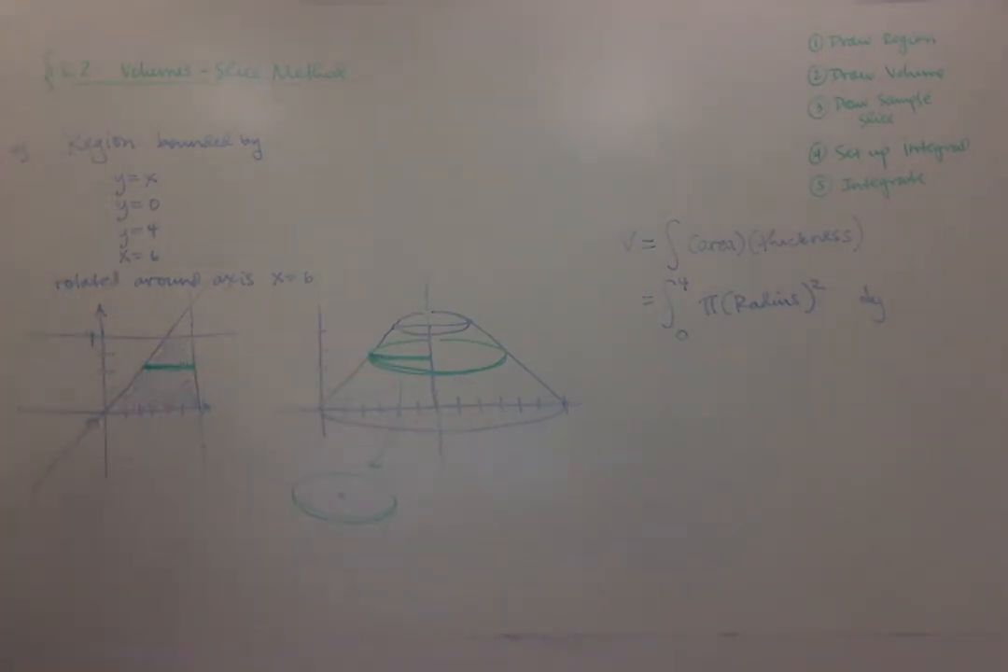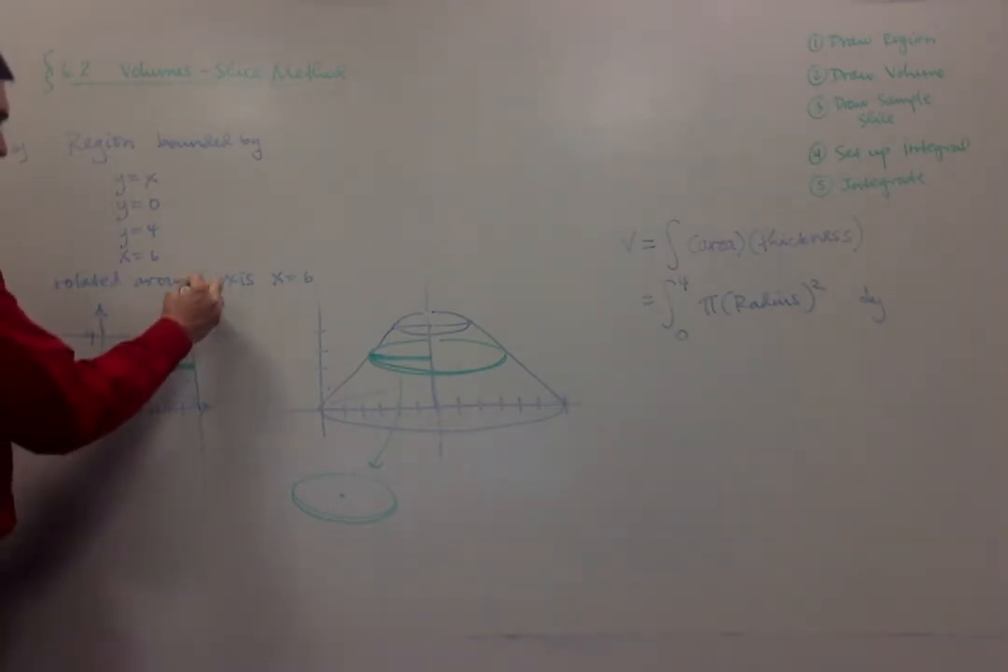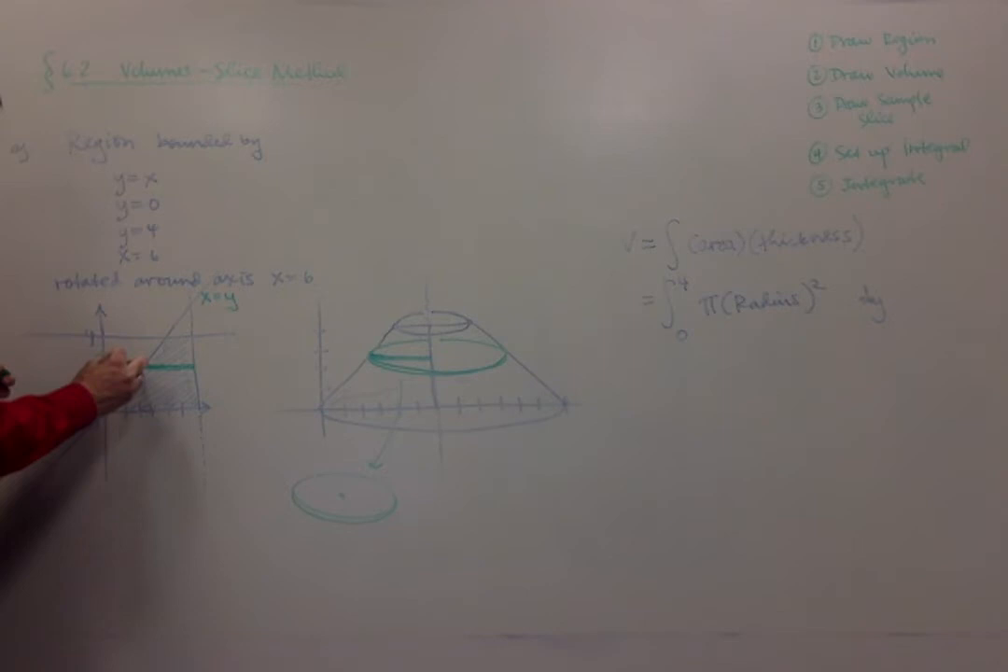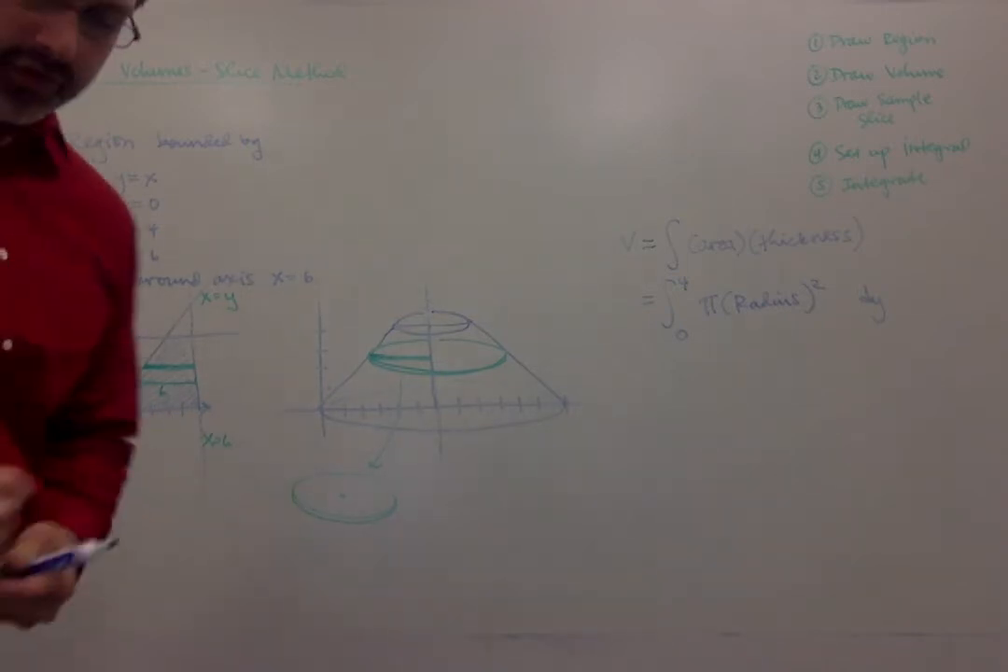Now this is where you have to be a little bit careful. This line right here is the line x equals y, but the length of y, at 0 the length is 0, and at 4 the length is 4. So that x equals y is actually this length right here. This overall length from the y-axis to the axis of rotation is 6, right? This is x equals 6. So therefore,